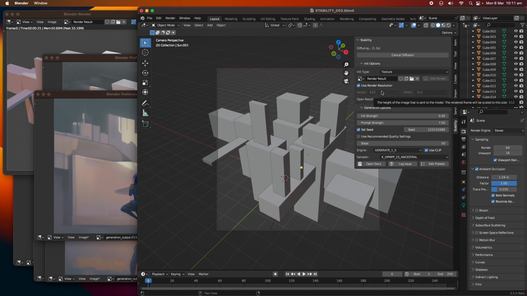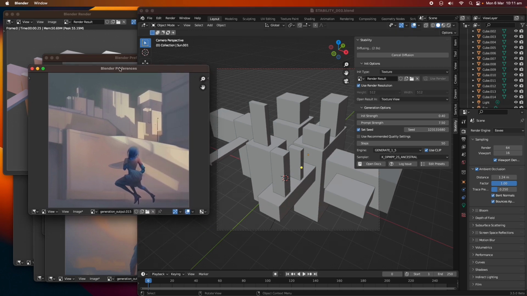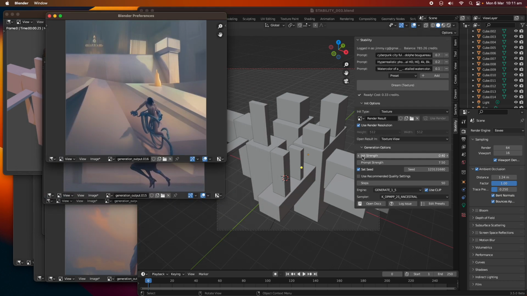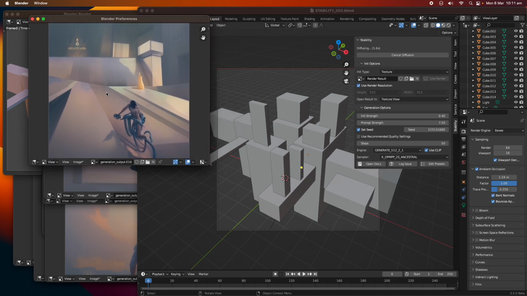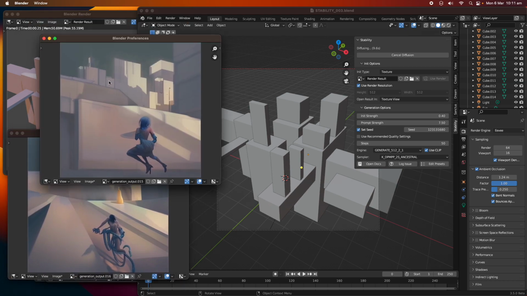Dream. And I'm using just generate 1.5, 2.2, 2.1. Sometimes it gives a much better quality, and it's really depending on your prompt as well. So a lot of things really depend on the prompt, and then